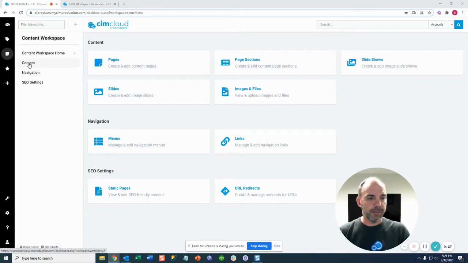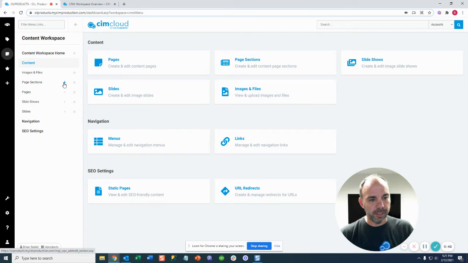that mirror the navigation here on the left. In order to access it, you just slide open the navigation and you'll see the individual links. You can click on the individual links to get to that area of content. You can also click the plus button to add an individual content item or record here. So just walking through this,